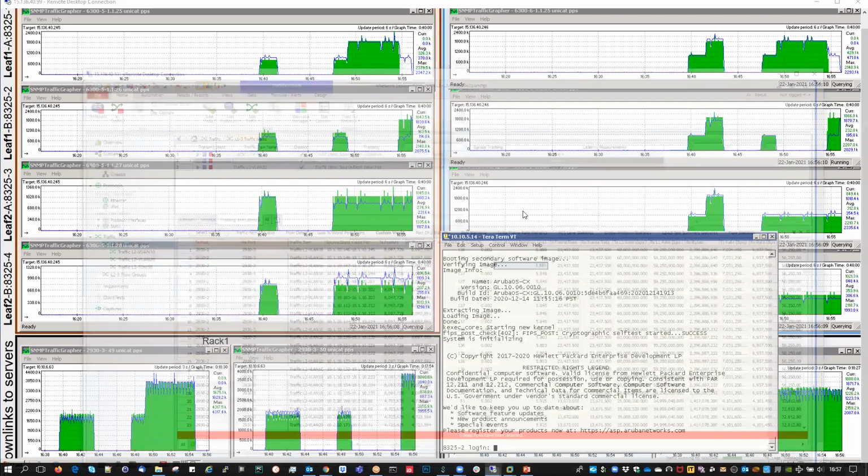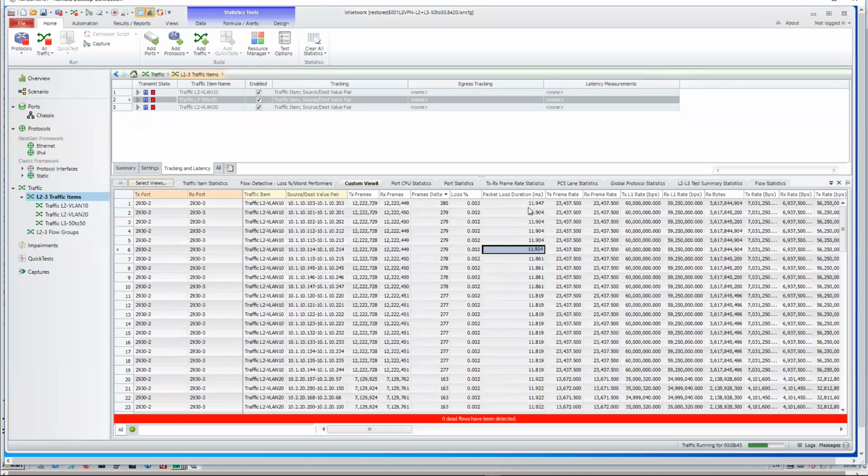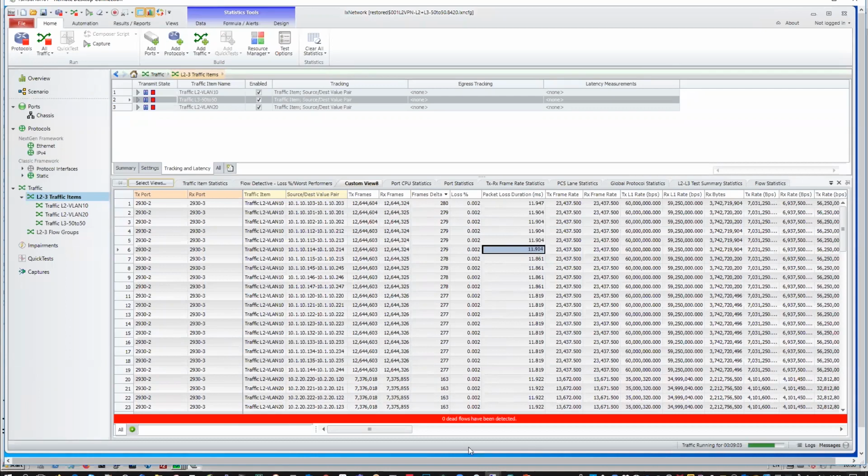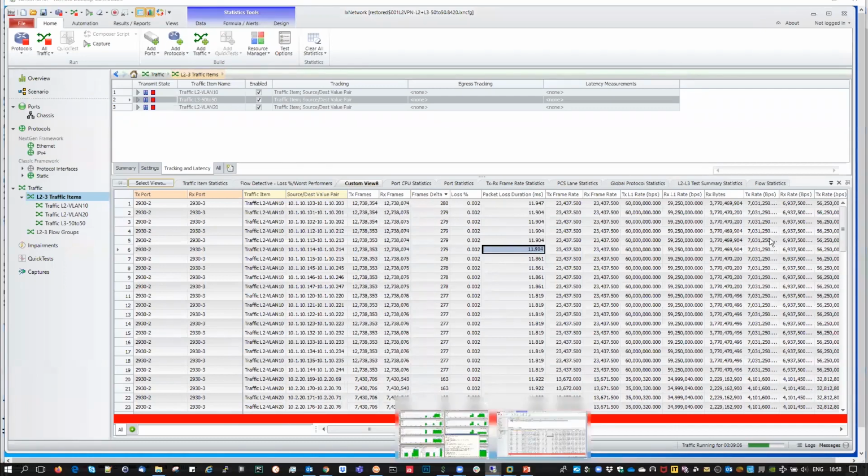Likewise, what we had with the VSX secondary that was rebooting, here we have another 5 or so milliseconds. As you can see, the total cumulative impact from the very beginning of starting the upgrade is almost 12 milliseconds, so 11.9 milliseconds. This is typically what we expect to have for that transition.